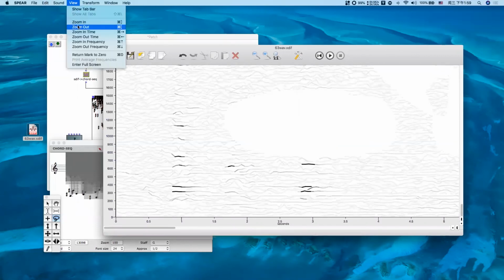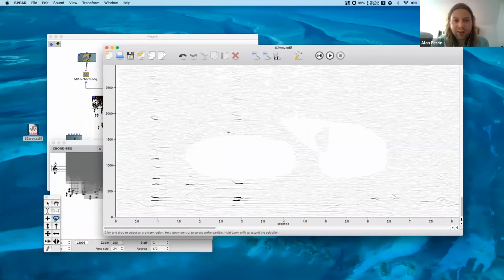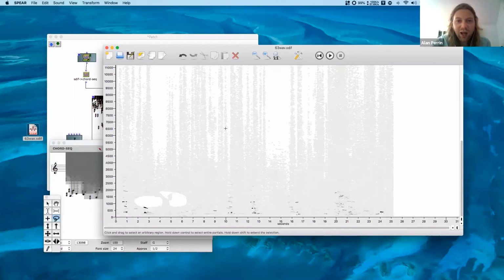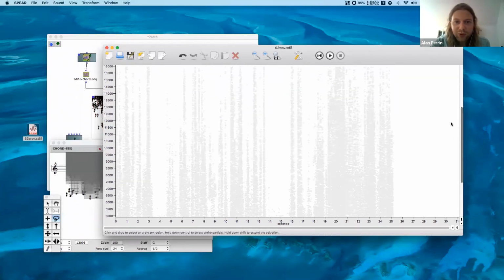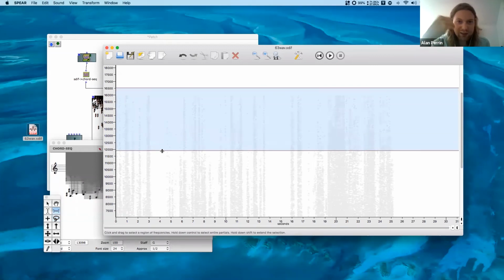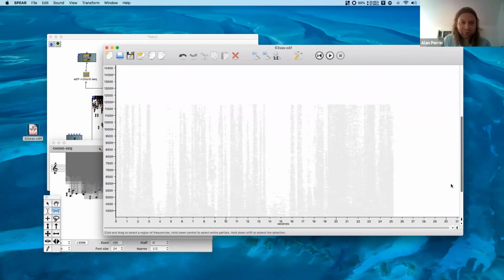There's also a button at the top. If you go above, yeah, you can see there are so many of these frequencies that are almost impossible to deal with. So exactly, if you pick the point at which